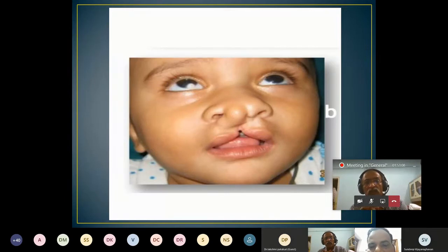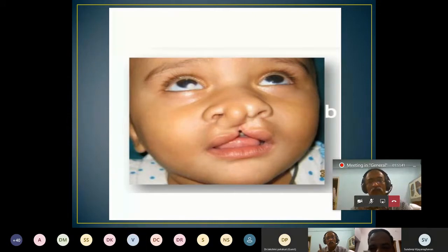Because part of the skin of the swelling will be in your columella. We'll be using it like a columella. And the part of the swelling you will be dissecting right up to the root of the nose, dissecting like an open rhinoplasty. Like an open rhinoplasty, you will be dissecting, going between the two alae, going between the septum, and then removing that entire swelling.